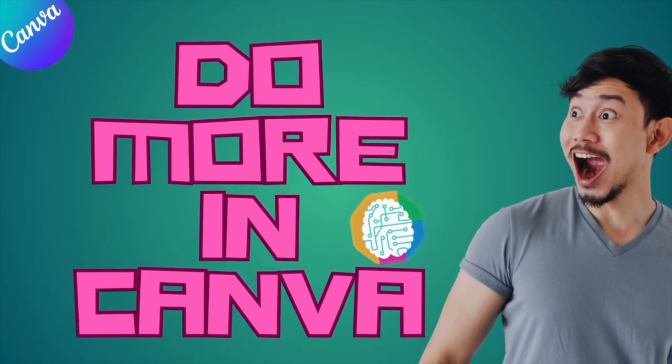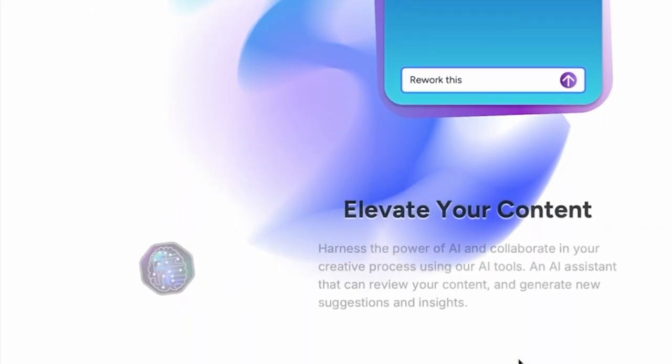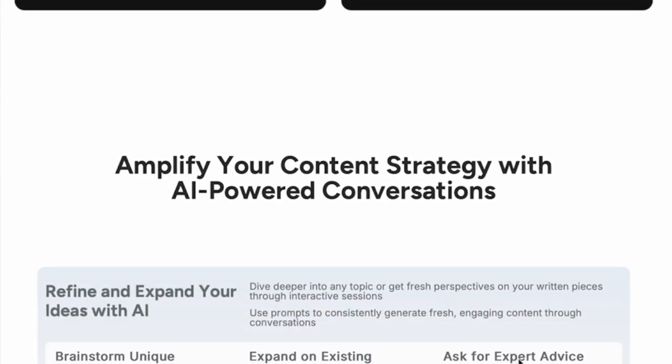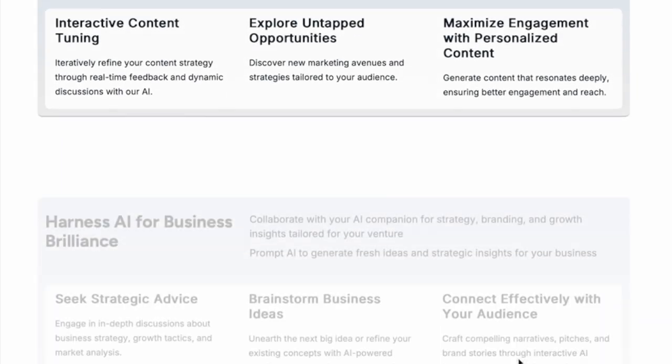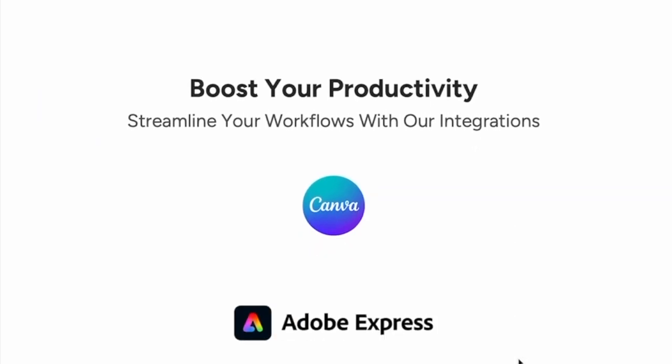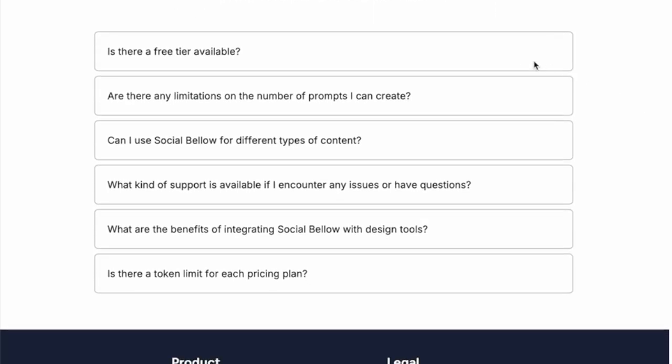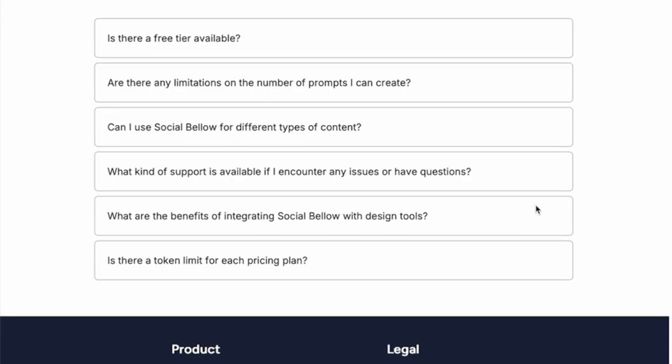Today we are checking out Social Bellow, an AI-powered content companion built right into Canva apps. Social Bellow helps you generate engaging content, brainstorm ideas, and even get instant feedback on your drafts, all using AI. You can create prompts for social media, write blog posts, chat with documents, and build personal AI personas to help